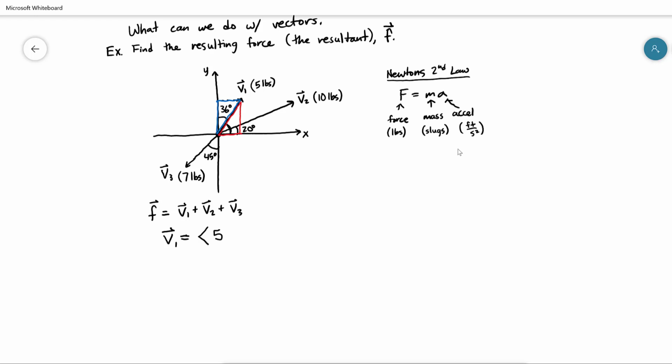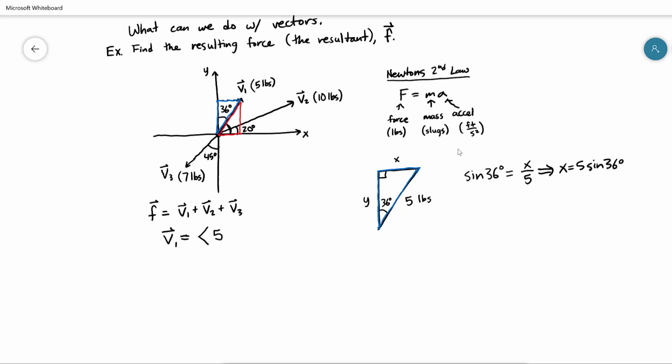I'm going to do it the weird way. I'm going to treat this as the triangle that I'm looking at. This is my y coordinate, this is my x coordinate, this is the 36 degrees, and the length on this side is the 5 pounds. So that's the triangle I'm looking at. It's the blue one. I guess I should have drawn it in blue. Relative to the angle as we've drawn it, the x-coordinate is actually opposite over hypotenuse, and opposite over hypotenuse is sine. So the sine of 36 degrees is equal to opposite over hypotenuse,